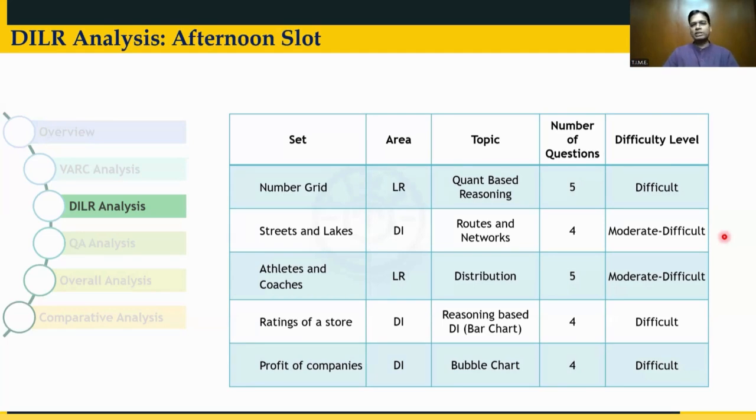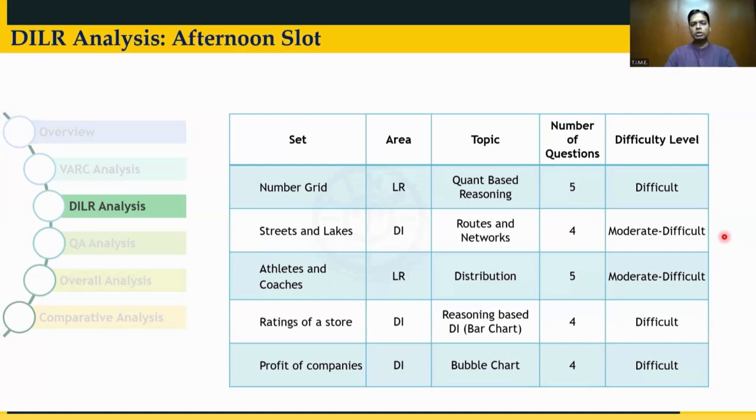There were some statements given, and some of the statements had statistical terminology in them, like mode. And then one of the questions had the term median. So that would have made this set a little difficult or scary for people. And also there were some other quant concepts that had to be applied. Something like special equations had to be applied to solve this set. So while the calculations were not tough, that quant-based thinking would have helped you through the set.